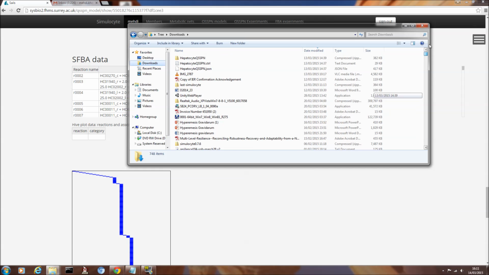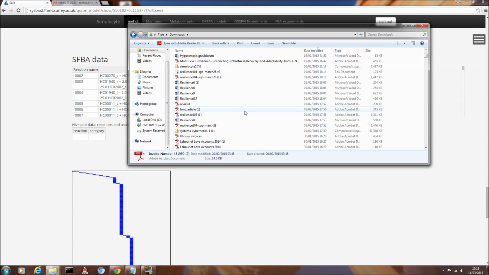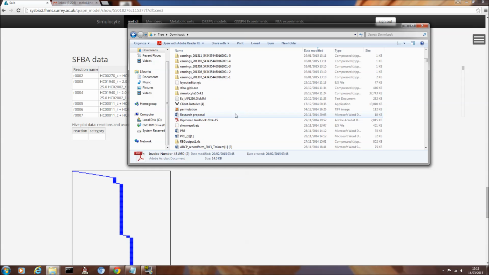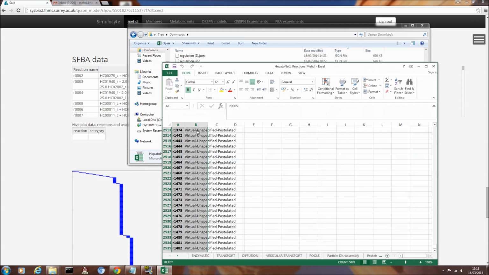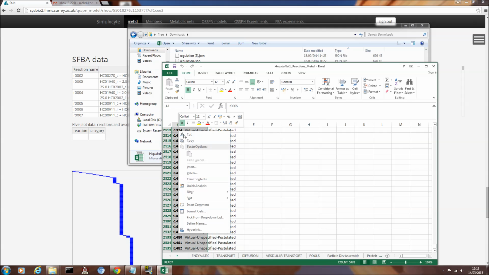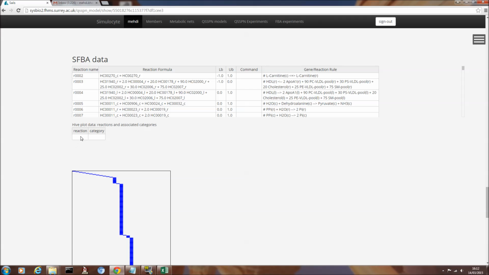Okay, one second, I just need to find in my many files, where is this? And yes, so here I got an Excel file with a list of reactions and the different subsystem names they belong to. So I copy, I can paste that inside my little spreadsheet here,